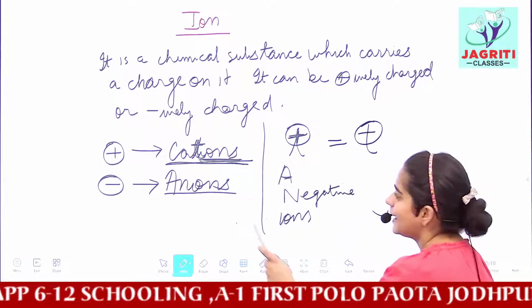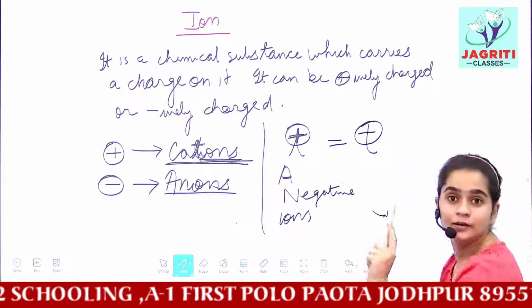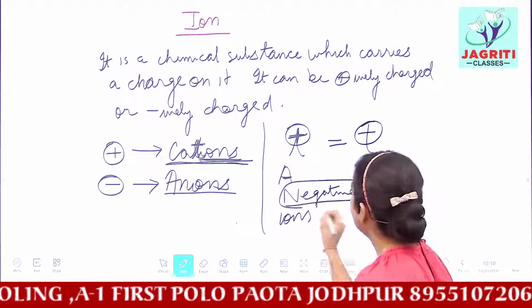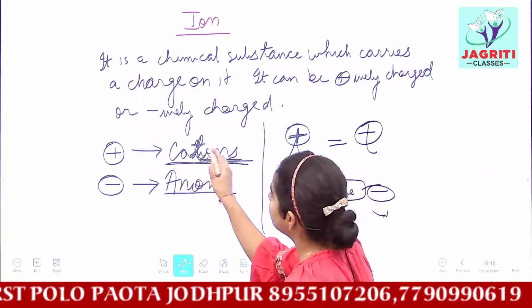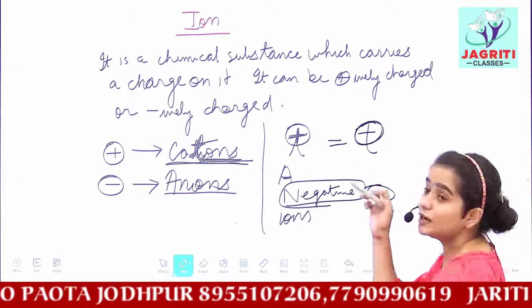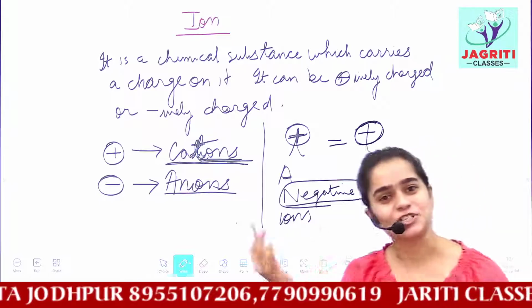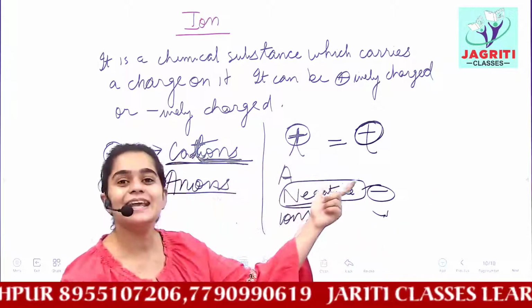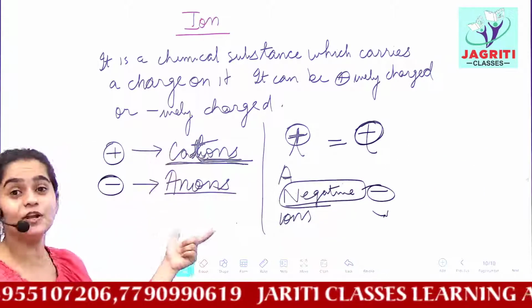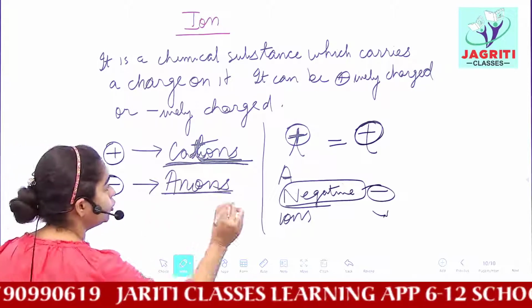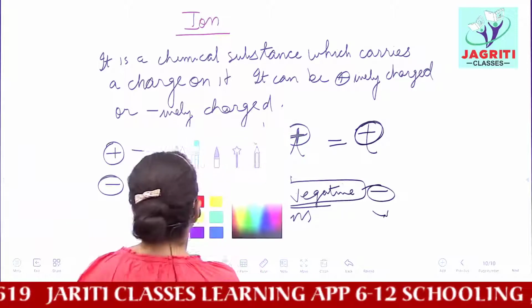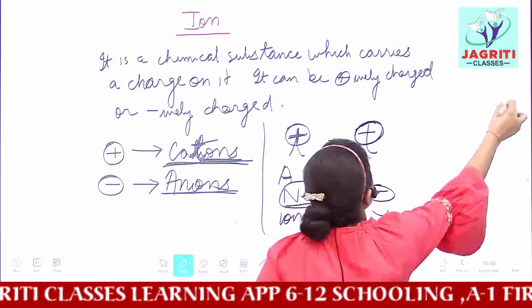So anion is a negative ion. So anion is what? The negatively charged ion. And cation, it contains the letter T, and T resembles the plus sign. So cation is positively charged and anion is negatively charged. I hope now you will not get confused any time about what you mean by cations and anions. We can have some examples of cations and anions.